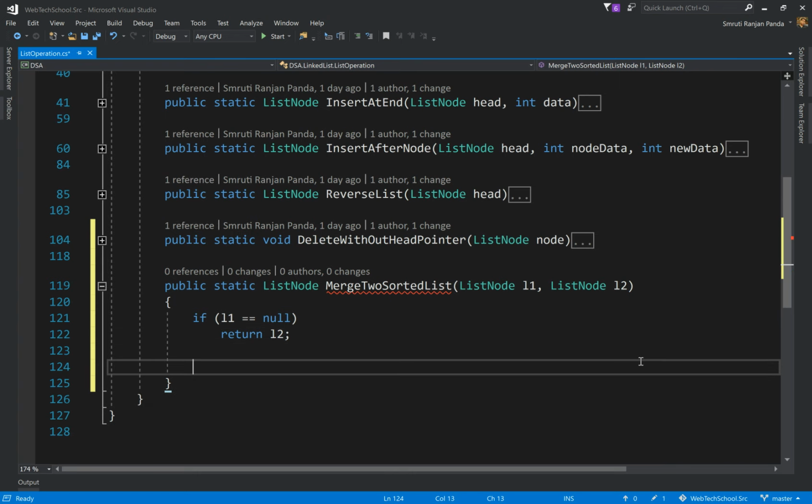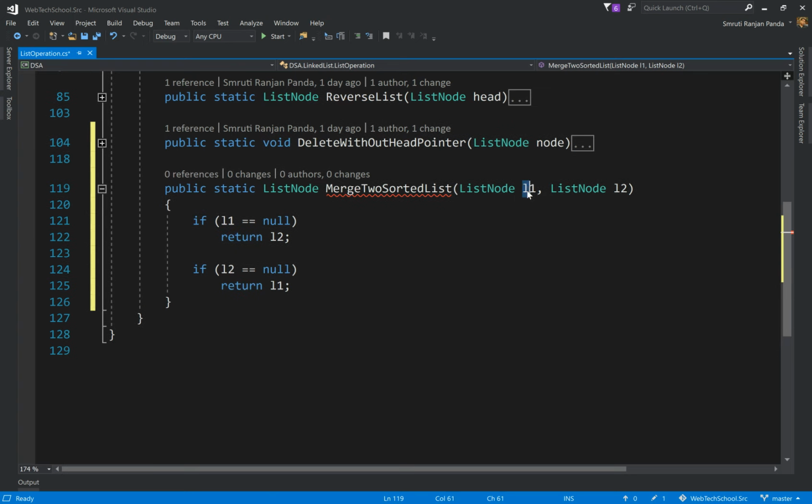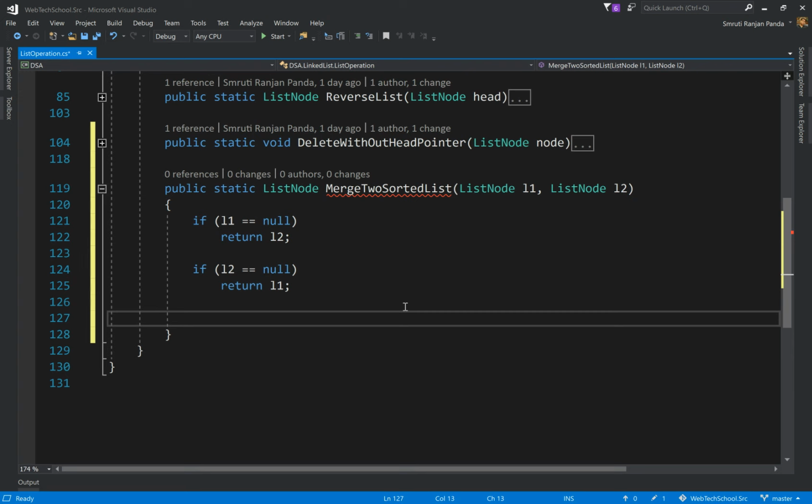And if L2 is equal to null, then we're going to return L1. We have L1 and L2 pointers which point to the first list and the second list. We also need to declare another pointer, the result pointer. So I will call this list node result is equal to null.